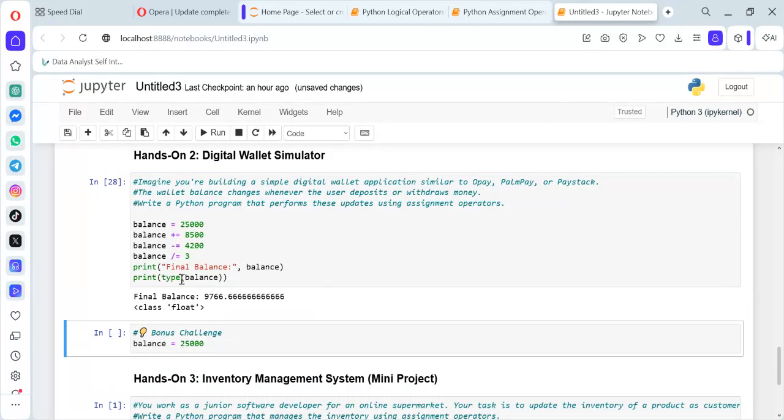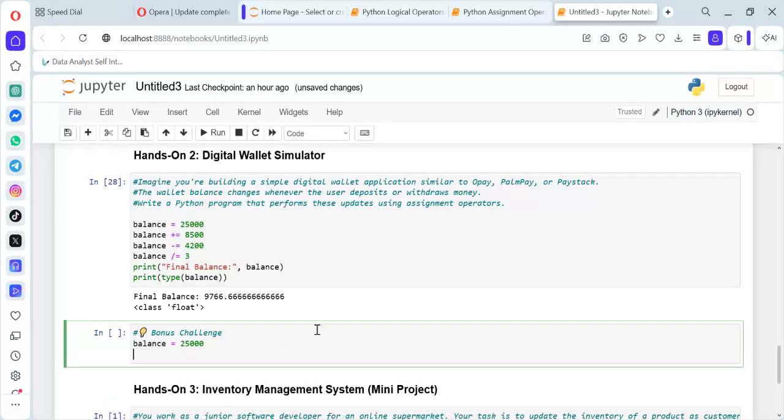Now the bonus question. So in this bonus question, they say allow the user to enter the deposit and withdraw amount using the input function. So yeah, let's do that. So now, allow, please let me see. Allow the user to deposit. So the deposit will now be